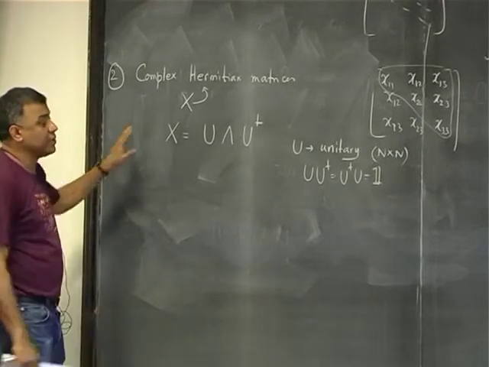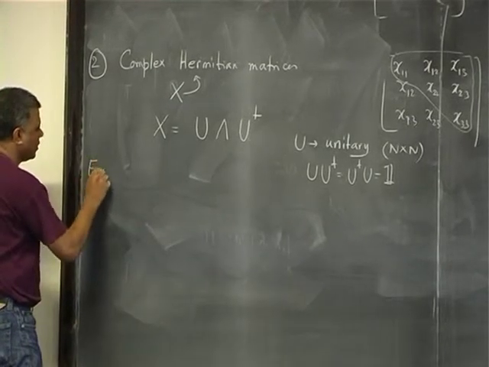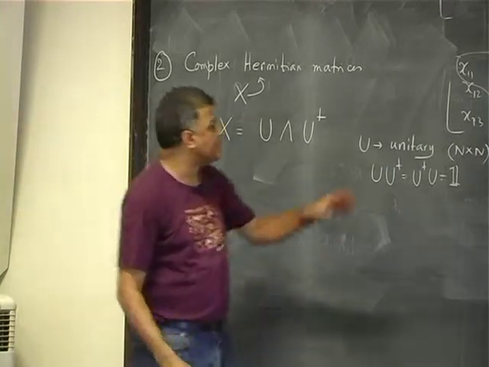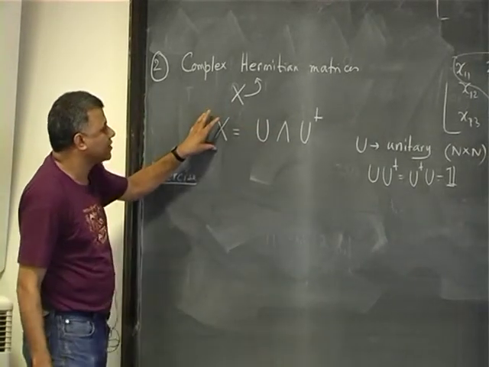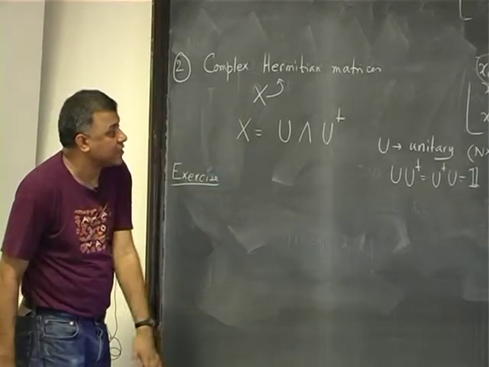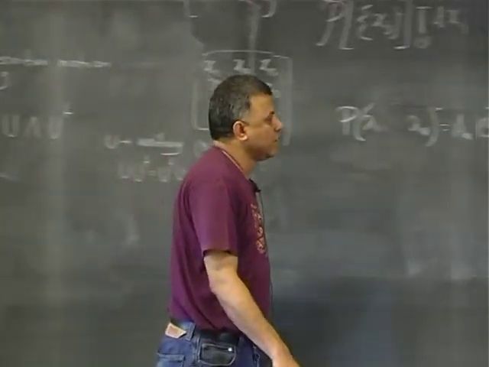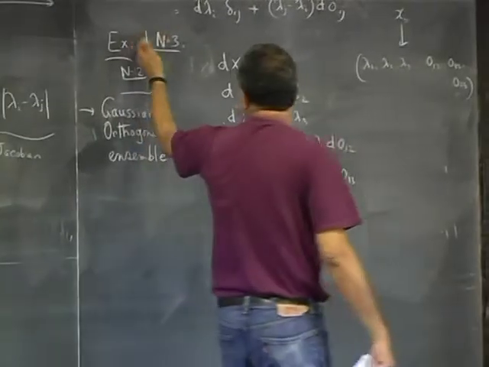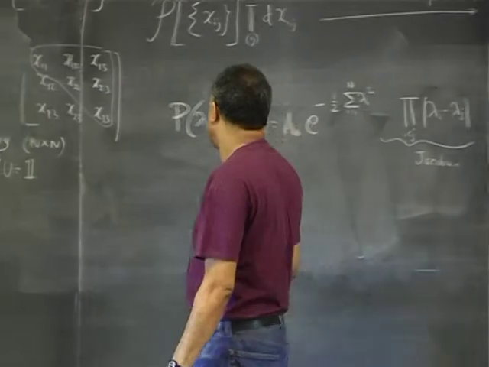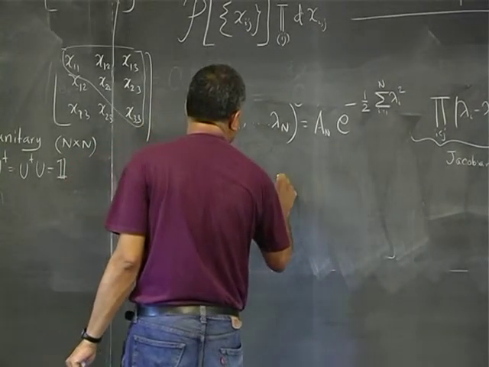So again, you repeat the same exercise that I did. Okay, so I leave this as an exercise. Imagine you introduce a fictitious time. You start with an identity matrix, and you just evolve it, and follow exactly the same steps as I did for the orthogonal case. And you can write down the 2 by 2, 3 by 3, etc. And you will find that the general formula for the joint distribution of n eigenvalues for the Gaussian case would be